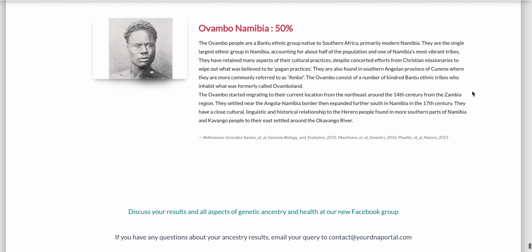So that's the breakdown for me for this Your DNA Portal, the North African one breakdown, and I will probably go through a couple of the other breakdowns and just show you a few other things from here, Your DNA Portal and GEDmatch coming up as